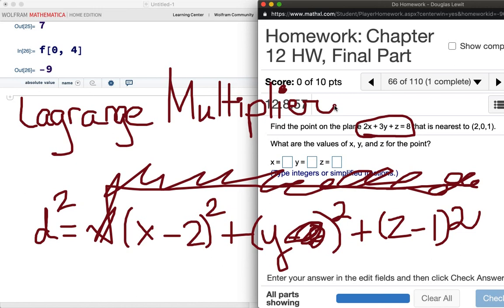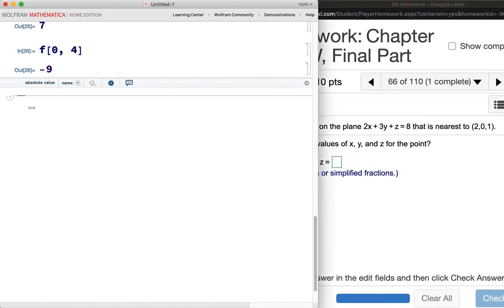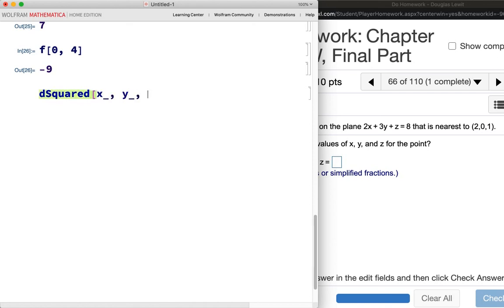So here's what I'm going to propose we do. Okay, first of all, what is my function? My function is distance squared of (x, y, z) is equal